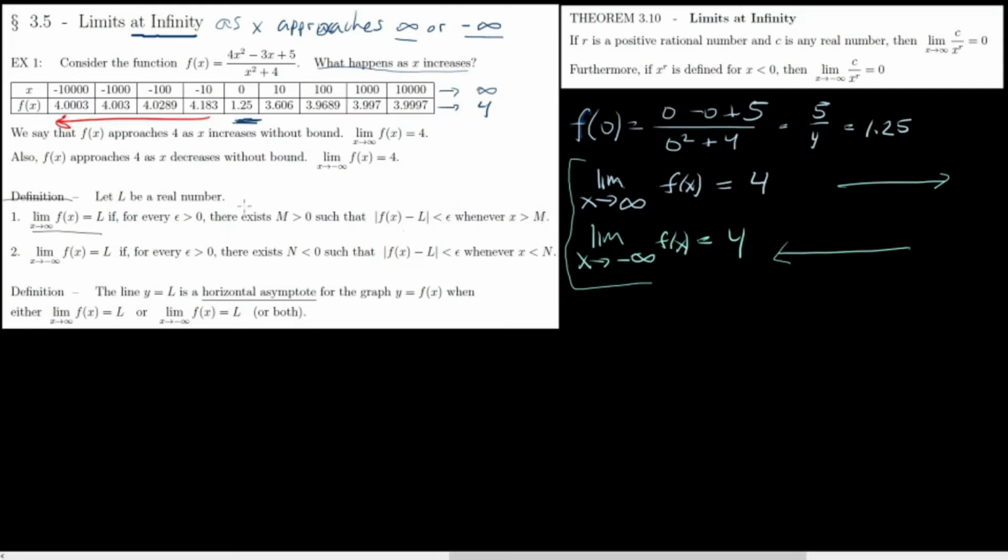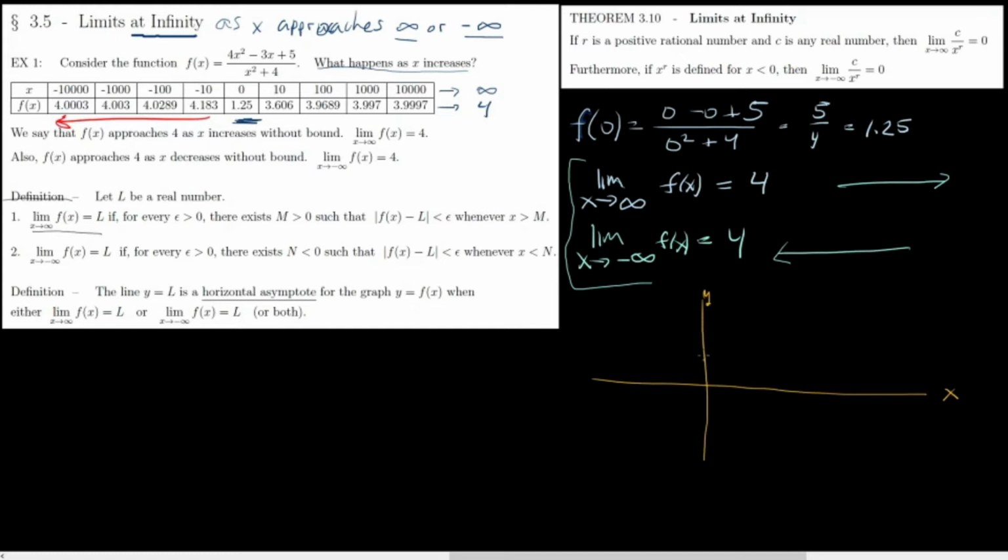So again, I don't really want to get too deep into this. This is really analysis here. But all it's really saying is, it might be helpful to look at a graph here. I'm not going to use this particular function, but in general, here's the x-axis, here's the y-axis, and then we have some function. Let's say the graph